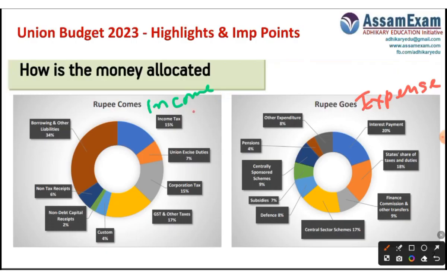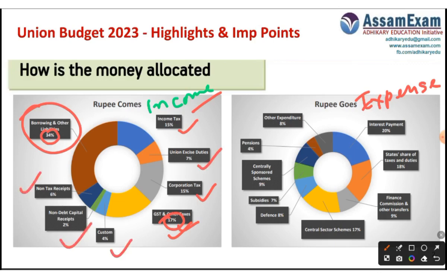As you can see in this income diagram, the main composition of income for the government of India is borrowing and other liabilities. That is, if the government gets 100 rupees, 34 rupees comes from borrowing. Then, the second most important income for the government of India comes from GST and other taxes, which is 17%. Then comes income tax, which composes around 15%. Then comes corporate tax, which is around 15%. Then other important streams of revenue for the government of India are union excise duties, customs, non-tax receipts and non-debt capital